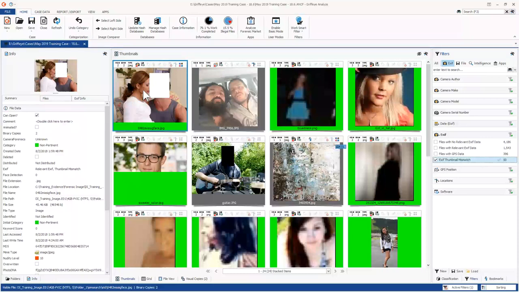So as the program processes the files, it's checking the embedded EXIF thumbnail. And in these files, it has identified that the embedded thumbnail doesn't match the main image. So for example, in this picture right here, someone has blocked out this gentleman's face. And if I want to see what his face is, because this is indicating the EXIF mismatches, I click that box,